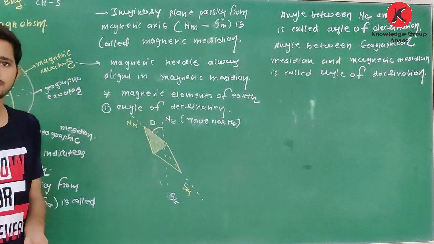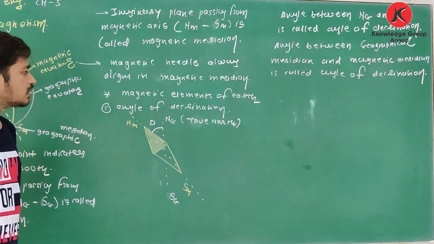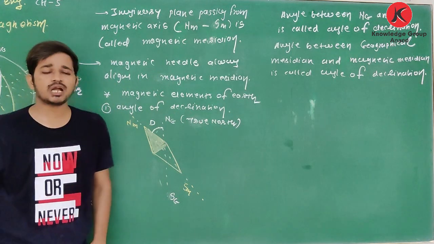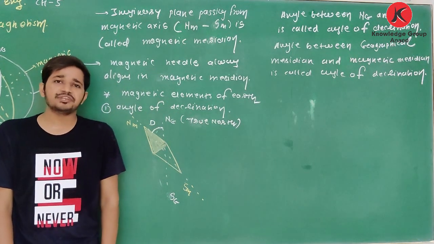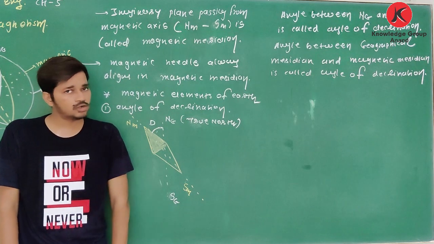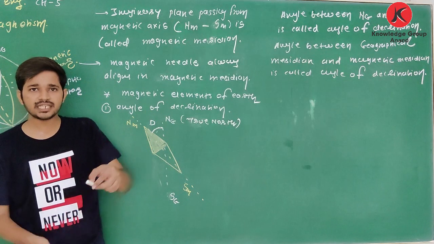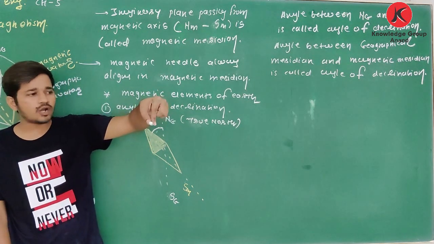Clear about this? Okay. So yes, what is the angle of declination? You have to remember these two definitions. Clear about this? Okay. So again, for the angle of declination, it is not necessary that this needle always aligns in true